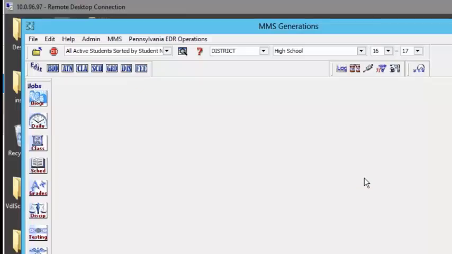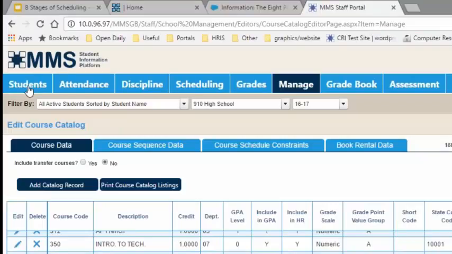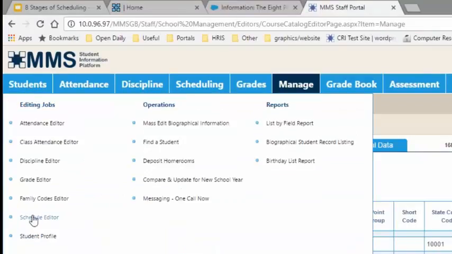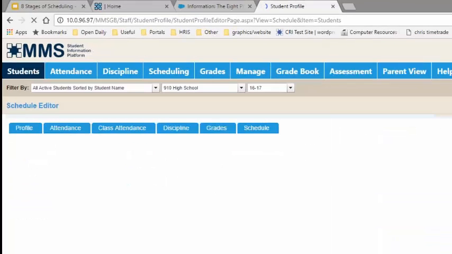If there are any, you'll want to make sure you enter in student scheduling notes in the student schedule editor. So again, let me go ahead and change over to the staff portal under students schedule editor. And this would be if a student requested a course and had an alternate, but maybe the alternate was not available for them to select, or there is some sort of conflict within their schedule that just needs to be